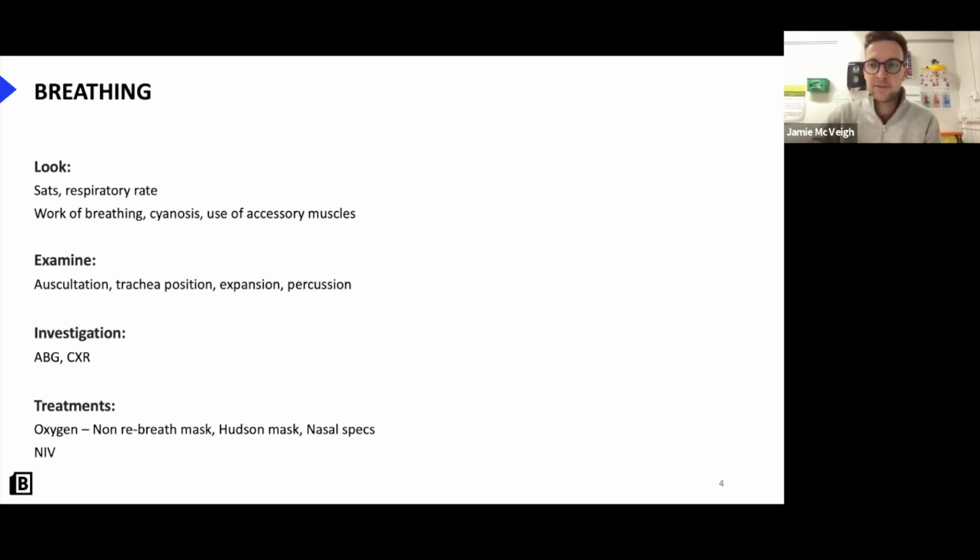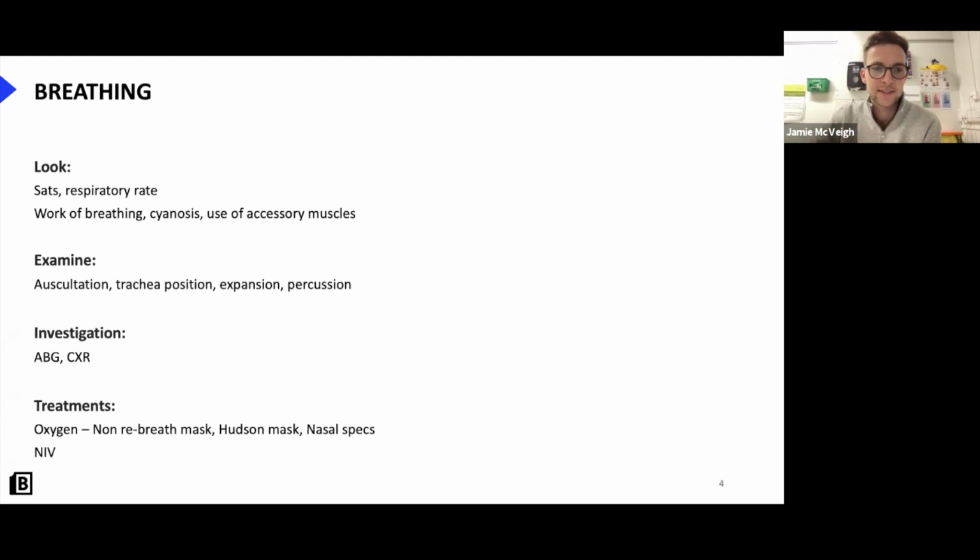Investigations: do a blood gas if they're hypoxic, an arterial blood gas, because it will give you a better reading, and also will tell you if they're retaining CO2, which is particularly common in COPD patients and can be very dangerous and life-threatening. But as a rule of thumb, if they're hypoxic, give them high flow oxygen, okay, because the hypoxia kills people first, not hypercapnia. But it is important to do an ABG just to make sure, and you can titrate their